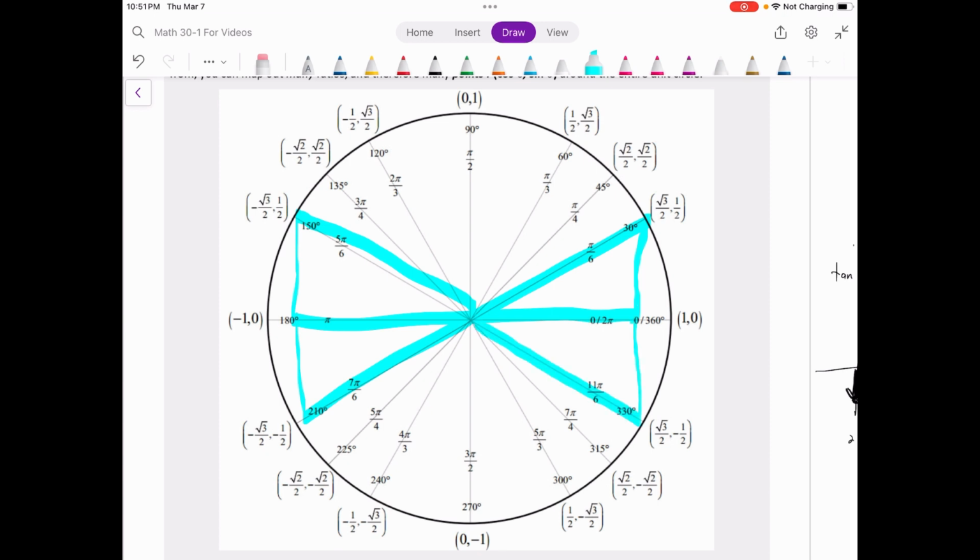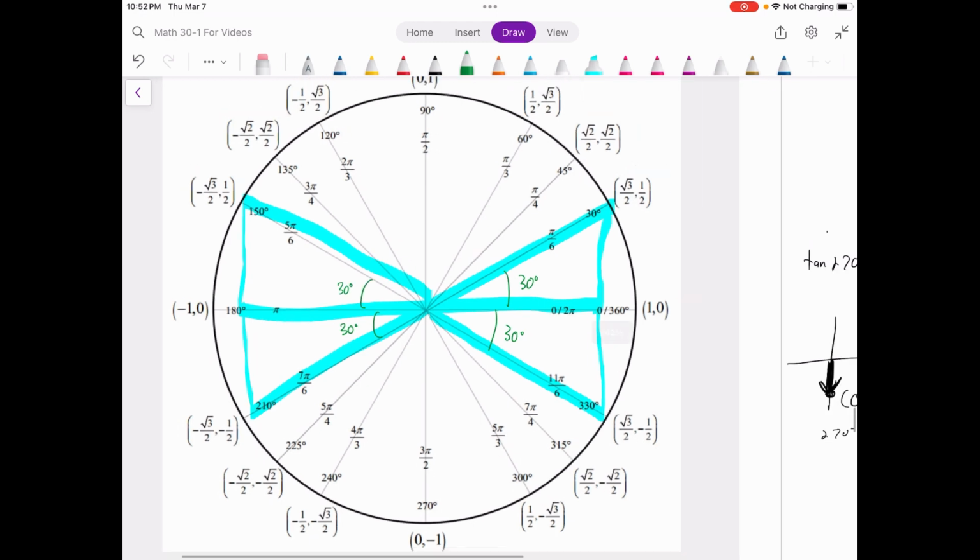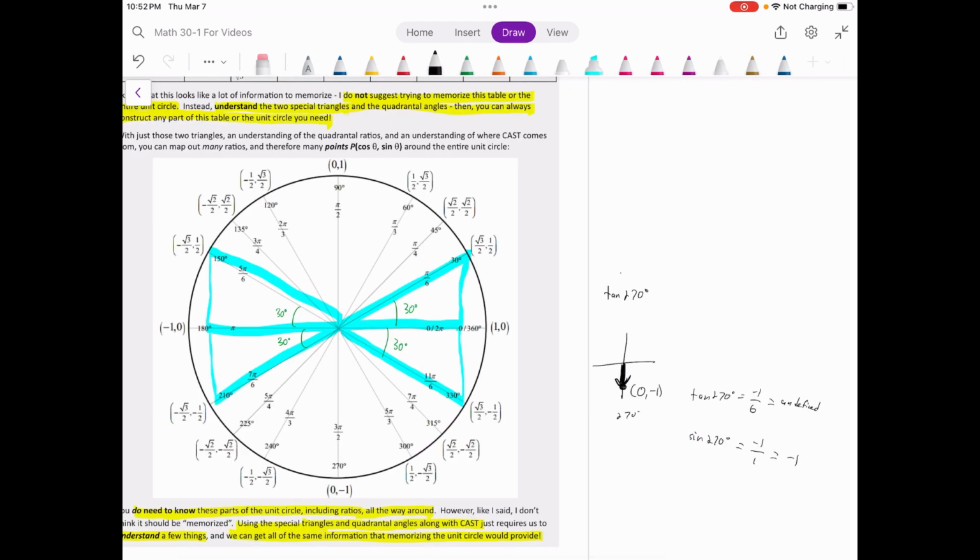And the 60 and the 30 are the same triangle, but I'm just going to point out to you here, all we're doing is taking that 30-degree reference angle and that 30, 60, 90 special triangle, and we're essentially rotating it around to construct our unit circle. So if you can just remember that this is the 30-degree, root 3, 1, 2, 60-degree, okay,